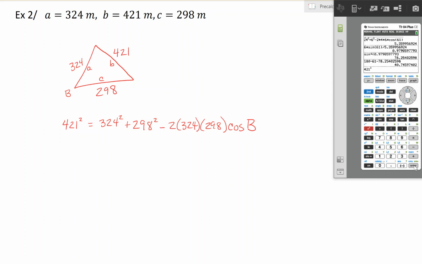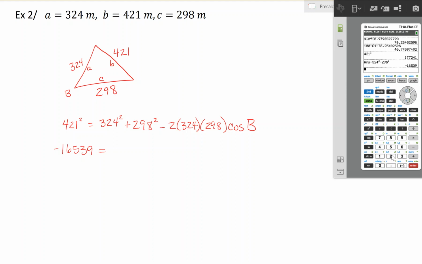421 squared is 177,241. I'm going to subtract 324 squared and subtract 298 squared. Okay, so that gives me a negative 16,539